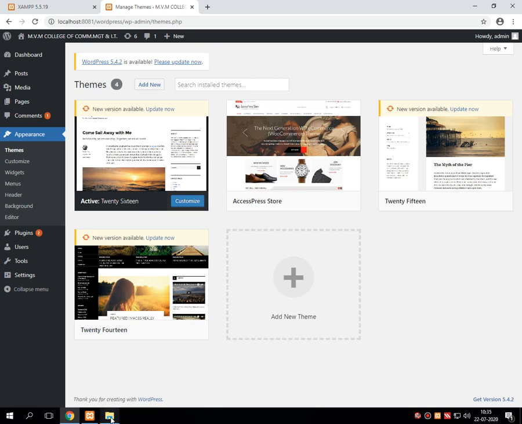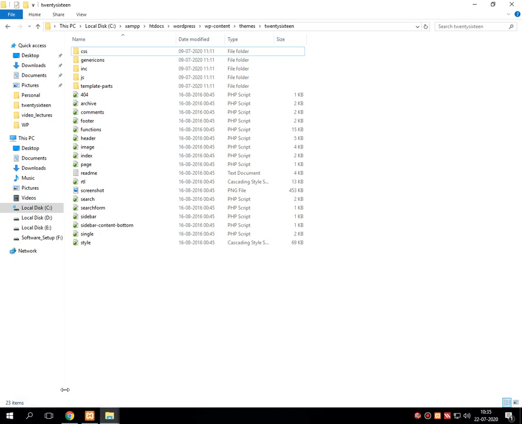In our last lecture, we discussed the anatomy of the default theme which is provided by WordPress at the time of installation. Many files we have discussed like header.php, index.php, search.php, footer.php, comment.php, etc. Now we are continuing our discussion of some other important files, that is 404.php.